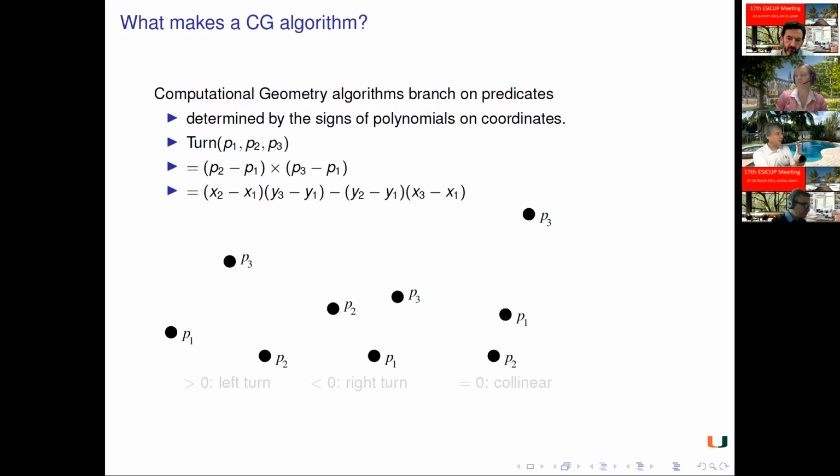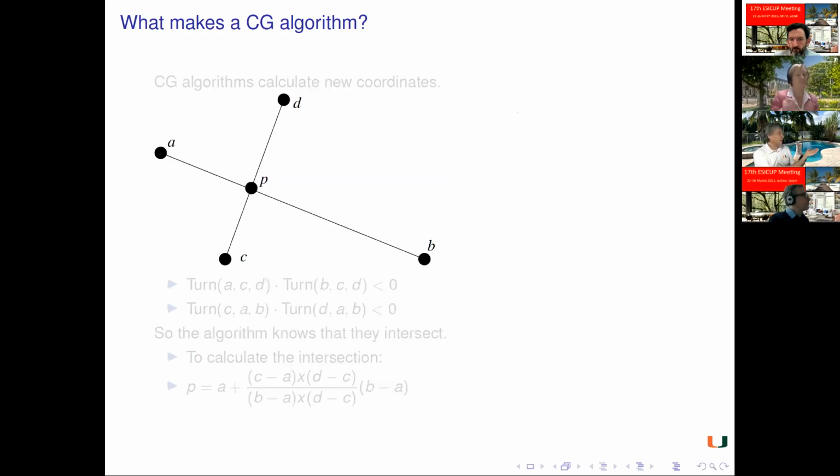The thing about this particular quantity is that if it's positive, then it means that going from P1 to P2 to P3 is a left turn. If it's negative, that means going from P1 to P2 to P3 is a right turn. And if it's 0, that means that P1, P2, and P3 are collinear. So this is something you need to know in order to do things like constructing, as we will see. So just to give an example of how you use the turn,